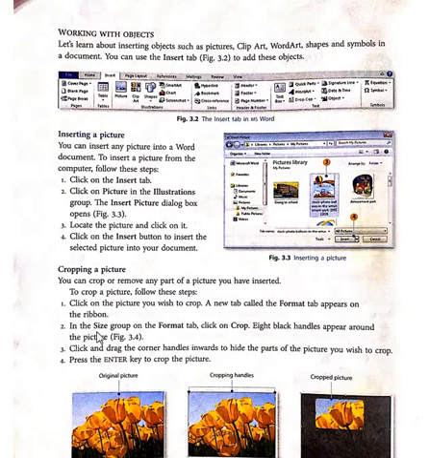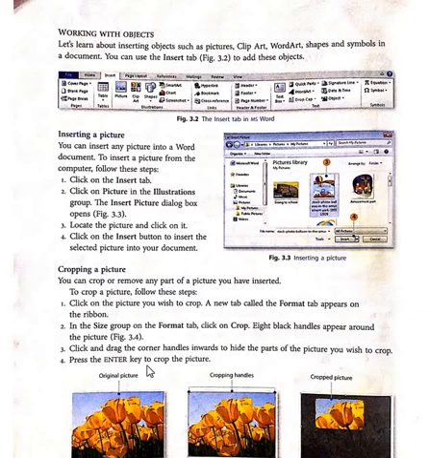Then, in the Size group on the Format tab, click on Crop. 8 black handles appear around the picture. Click and drag the corner handle inward to hide the part of the picture you wish to crop. Then after, press the Enter key to crop the picture.